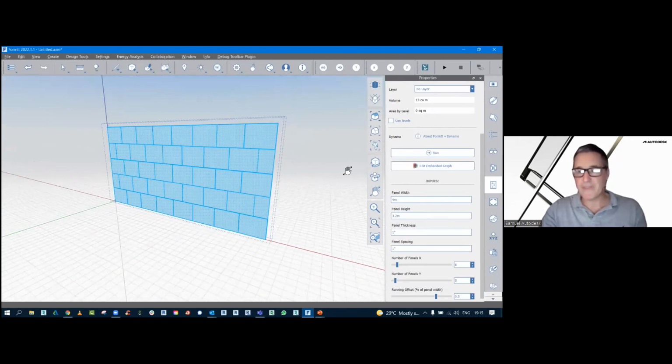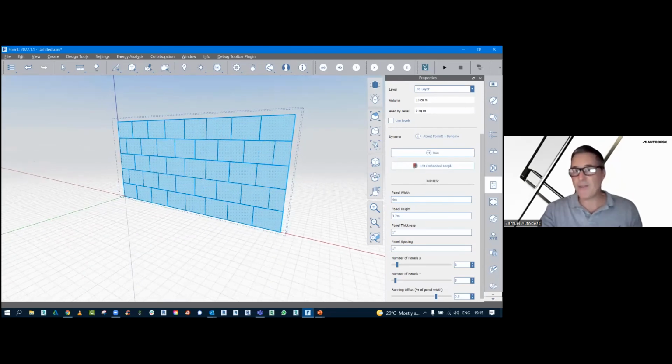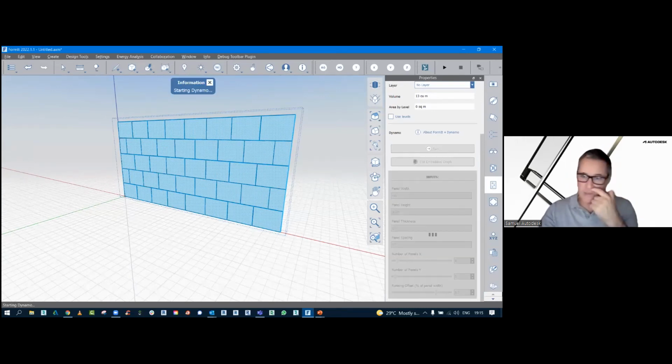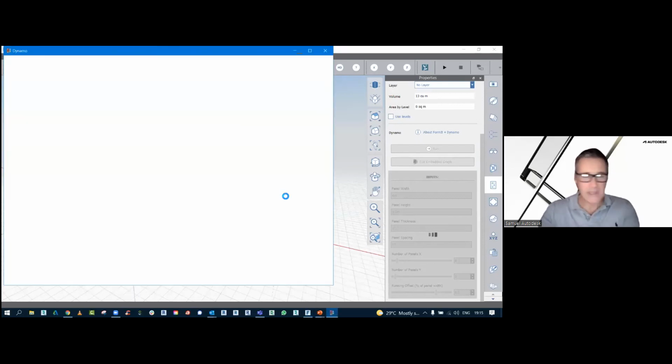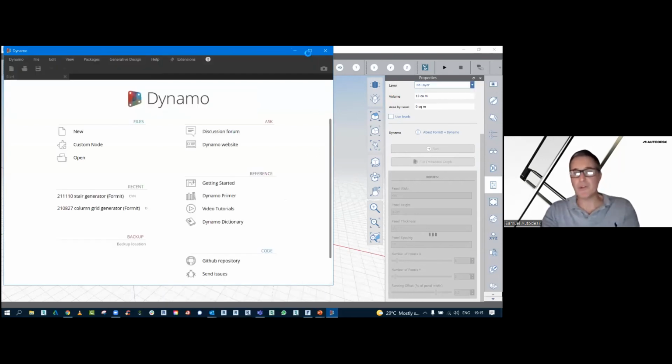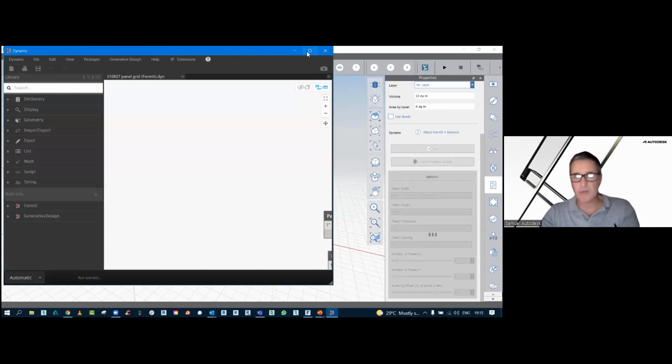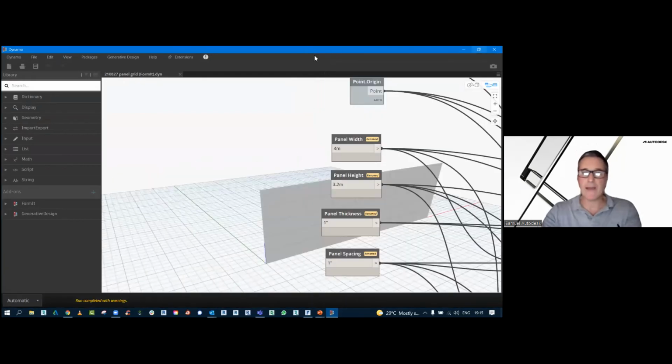Now, if I want to actually look at the Dynamo script, I can click on that, and this will fire Dynamo, and it will show you more how that script is put together. Again, I'm no Dynamo expert, but what you can do with some of these starter scripts is potentially reverse engineer how they go together.